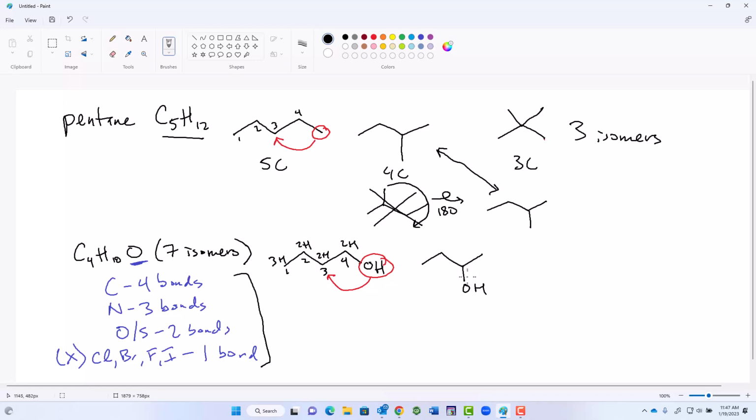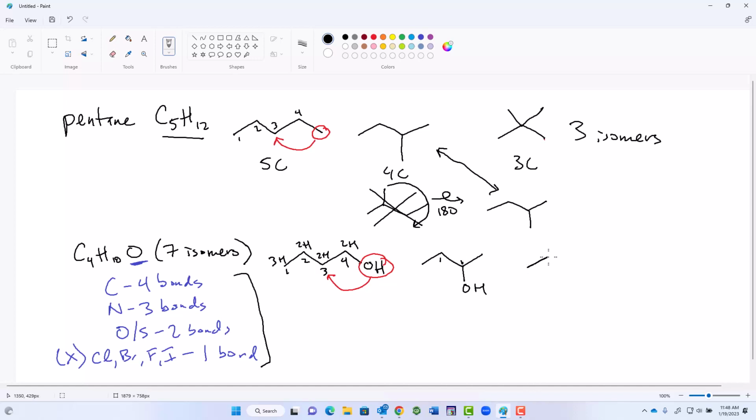Now, keep in mind, if I put this OH on this carbon instead, we would have the same structure in a similar fashion to what we had up here. We could just rotate this 180 degrees and we would get the same structure out as we did with this one. So this is the second 4 carbon chain with an OH that we can establish as a constitutional isomer. Since these are the only 4 carbon chains we can do, let's then look at what